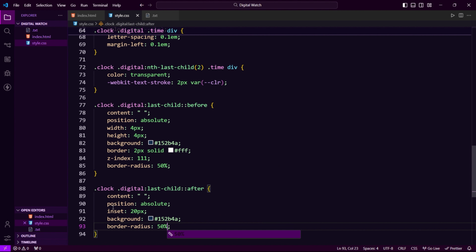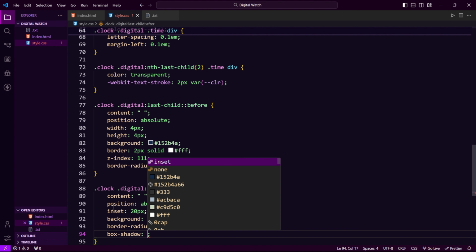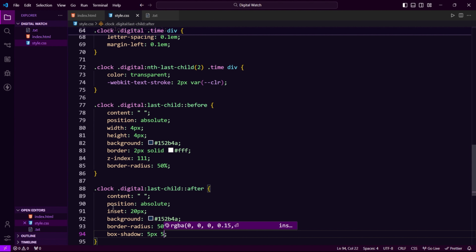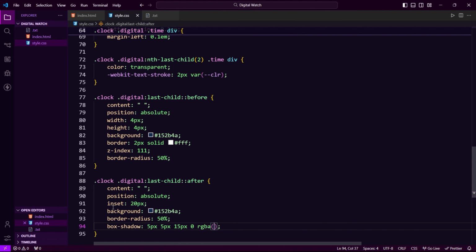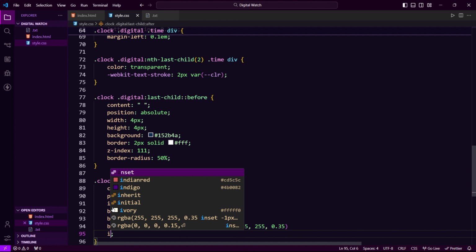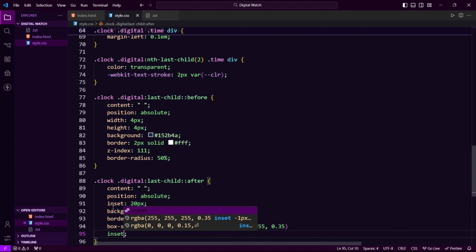Border radius of 50%. We have to give box shadow of 5 pixel 15 pixel 0 RGBA of 255, 255, 255, 0.35. Save it. Next we have to give inset of 5 pixel